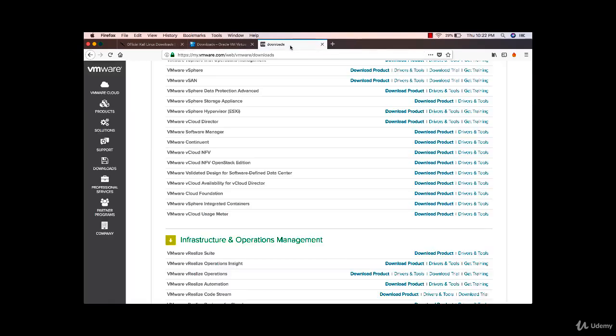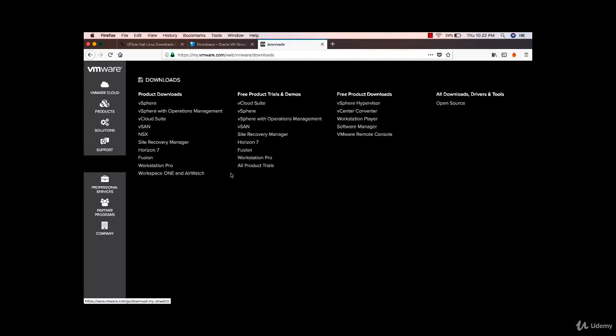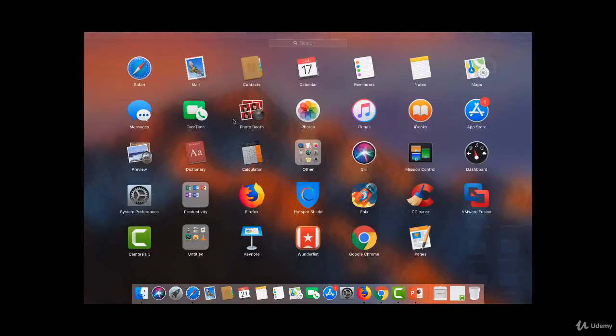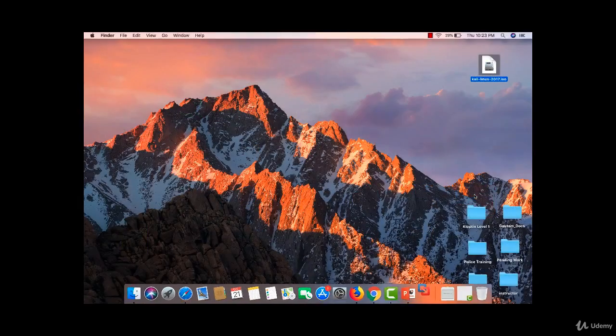Another one is VMware. Click on downloads. I am using Fusion, which comes for Mac OS. So according to your wish, you can use VMware or VirtualBox as your virtual machine. As I already installed VMware Fusion on my machine, just click on it